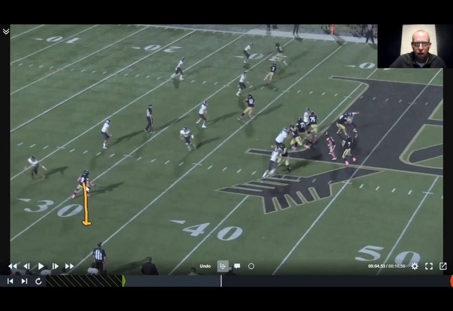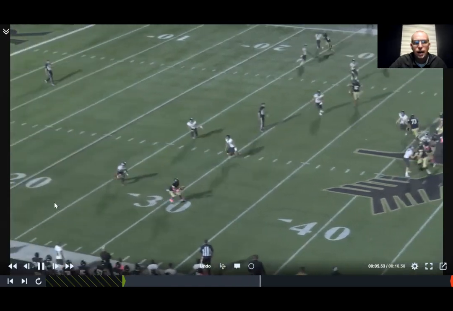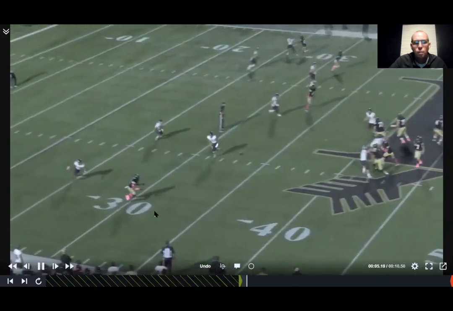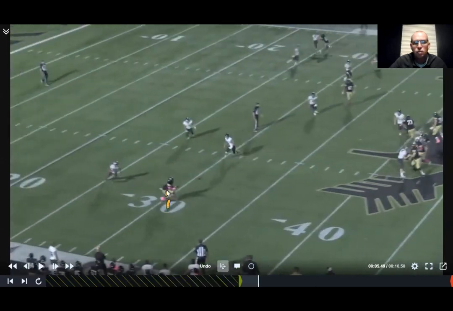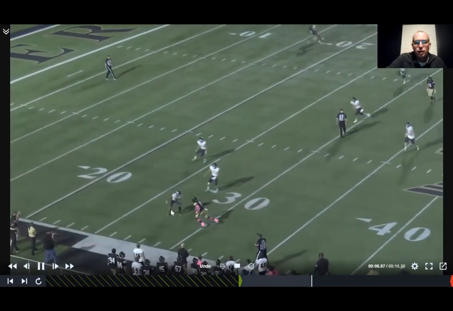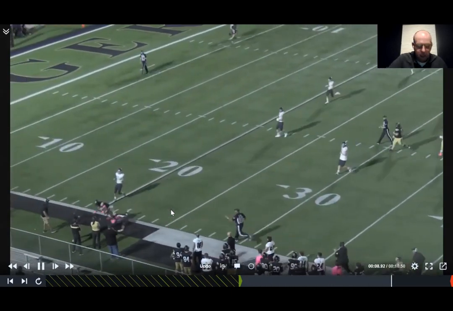The most common thing young kids will want to do is open up straight to the sidelines, and that allows the corner to jump underneath this thing. All right, so again, we're right back down. And again, we tell the quarterbacks, hey, miss back downhill right here. Make the receiver go where he wants you to go. Then we get the ball in space to our guy, and then it's up to him to